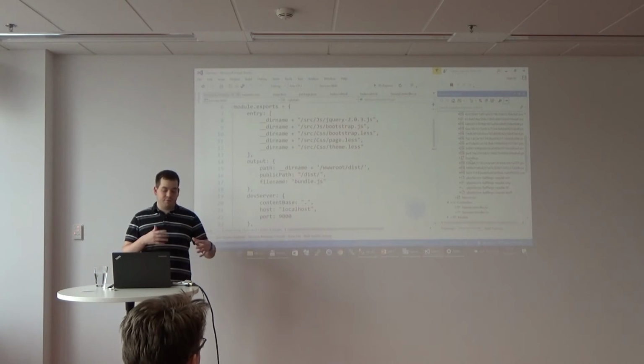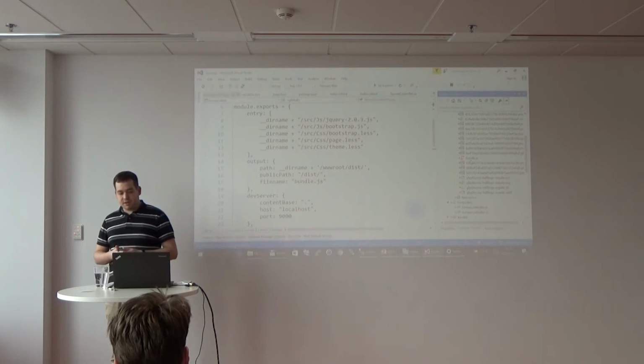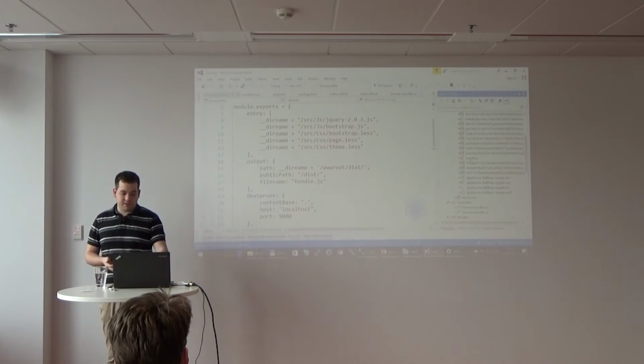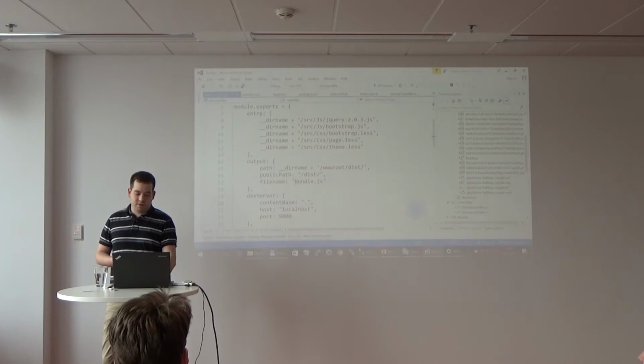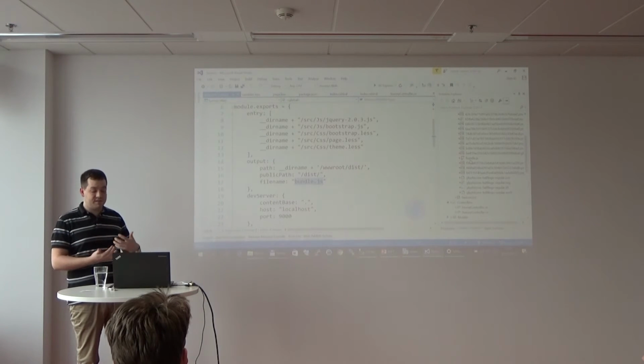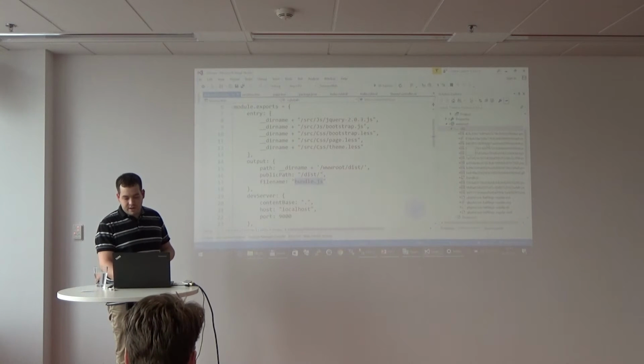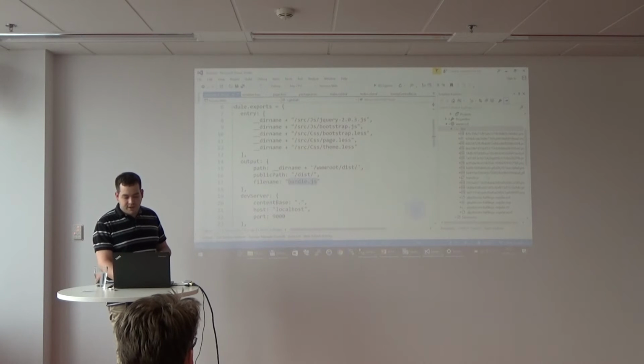Webpack, of course, can create different types of structures, but I just made it simple. I just said that output will be everything in bundle.js, and it will compile everything, the CSS files and the JavaScript files, inside this one JS file. There are also quite a lot of different image files.